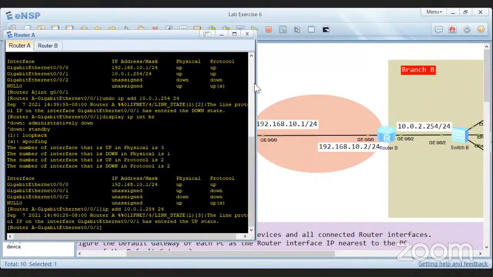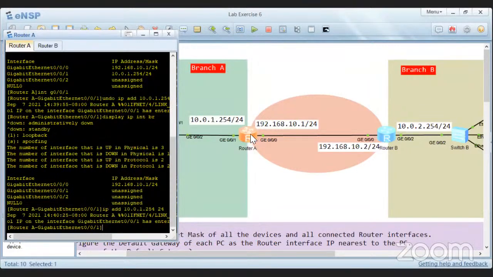If you can't undo, then probably what you can do is, in case you have not saved, in case you have not run the save command, you can,